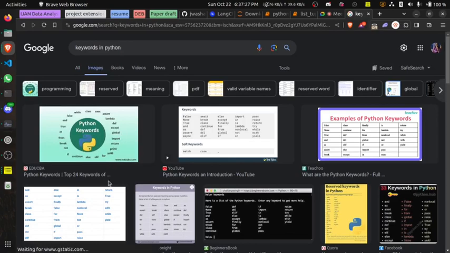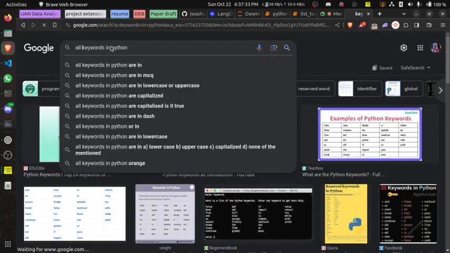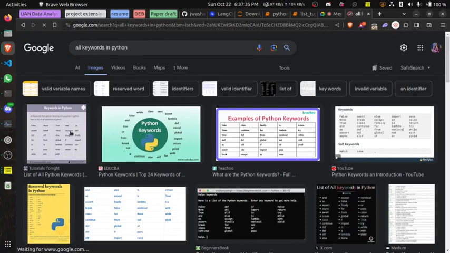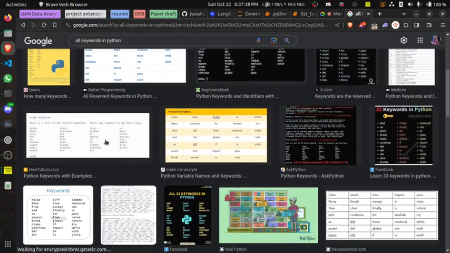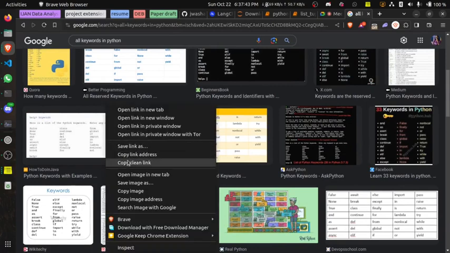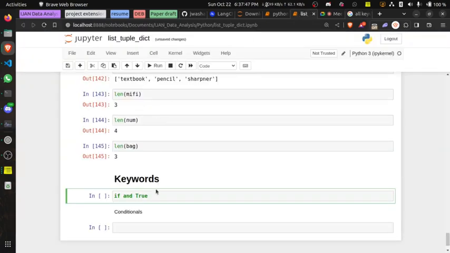Actually, I don't think we can do all keywords, but at least we can see the basic keywords that are there. I think this will do. I can copy this image and bring it here, so I can embed it.